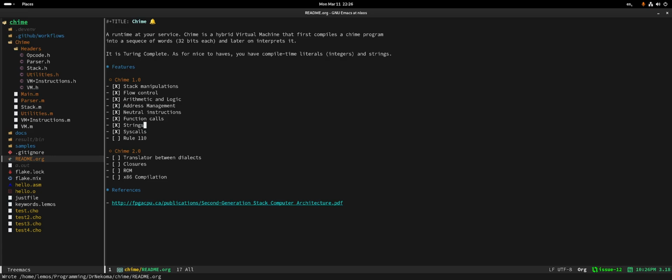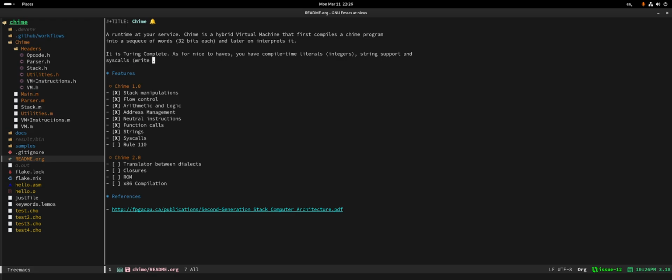So, a runtime at your service. Chime is a hybrid virtual machine that first compiles a Chime program into a sequence of words and later on interprets it. It is Turing complete. It's nice to have compile-time literals, string support, and syscalls: write and read from standard IO, stdout. So as features, we have stack manipulations for control, arithmetic and logic, address management, neutral instructions, function calls, strings, syscalls,